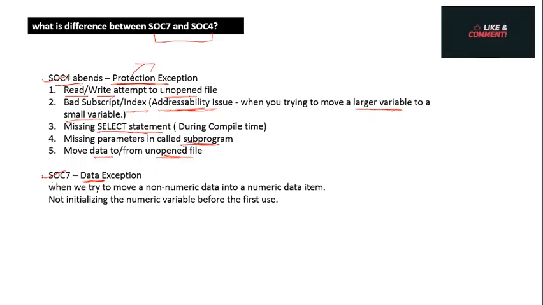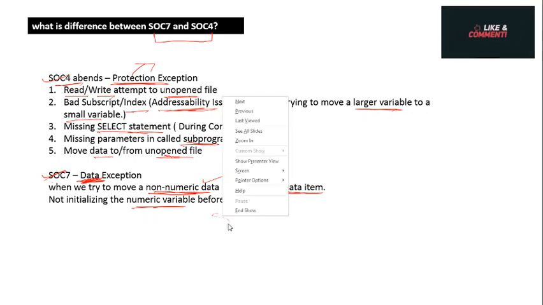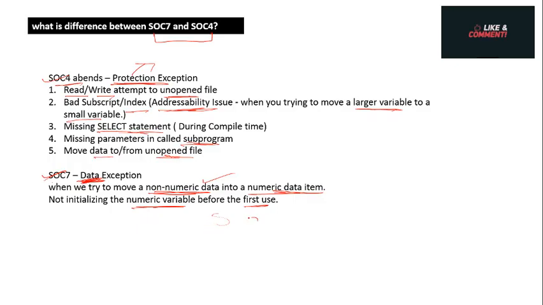And when S0C7 comes, S0C7 means data. It's a data related problem. Like when we try to move non-numeric data into a numeric data item, this will come. Basically, when we do not initialize a numeric variable and we use it the first time, then it will of course abend with S0C7. Okay guys,